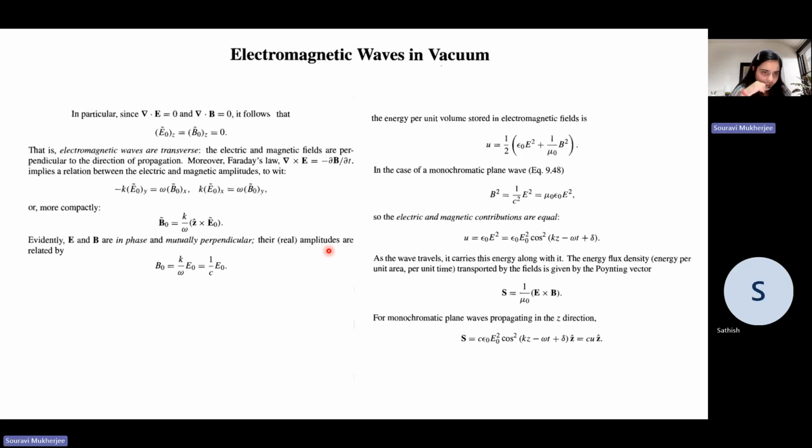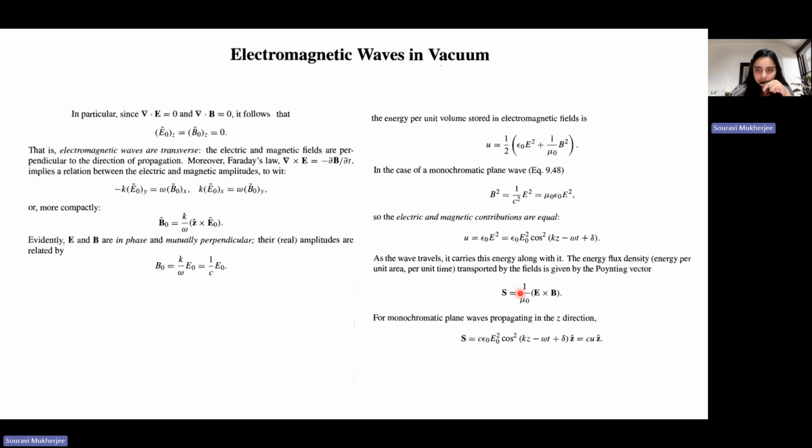So what we're currently trying to do is, this is like an extra session which we thought we might be able to take. And in this session, what we are trying to do is go through all the fundamental concepts that we had covered throughout the course. So now we are talking about electromagnetic waves,